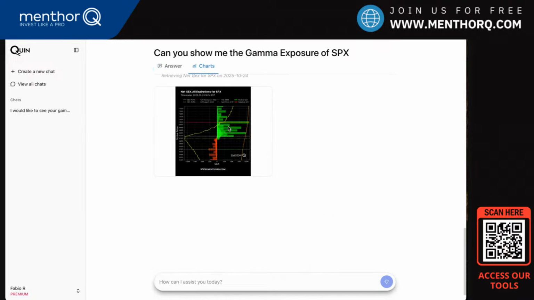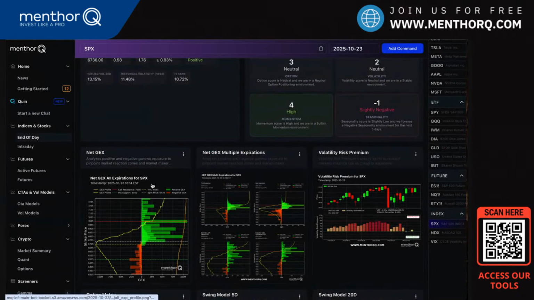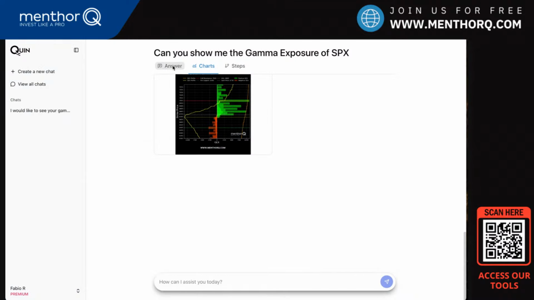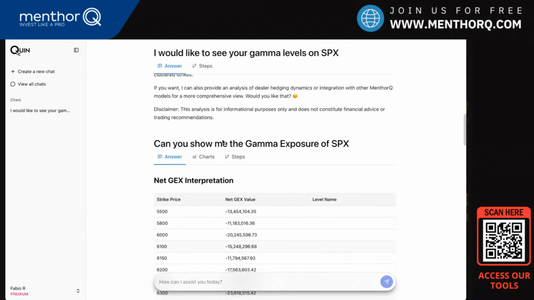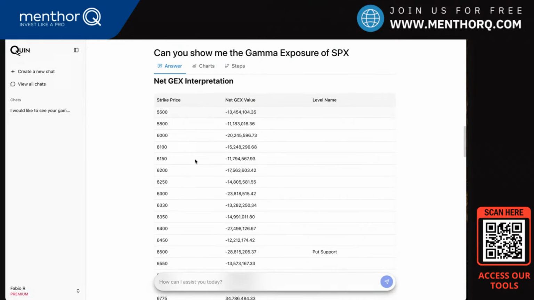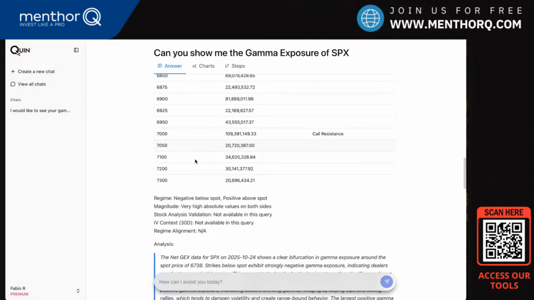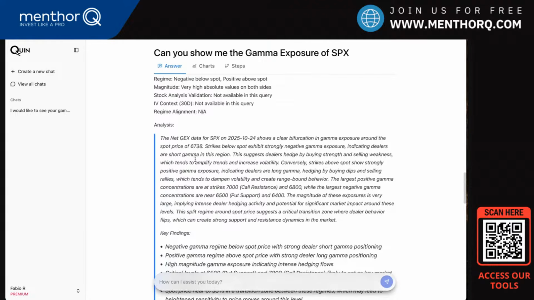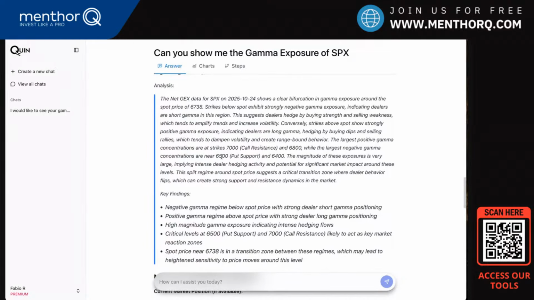We also have our chart, which is this one, which is exactly the same chart that you see right here. So again, within Quinn, you have not only the data, you have the charts available at your disposal right there. You have the answer right here. And then, of course, we have the interpretation, right? So this is the analysis, key findings,